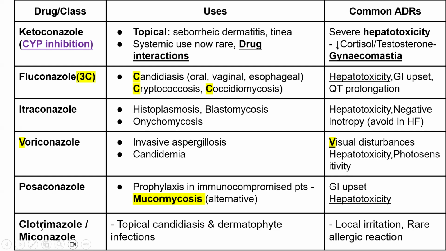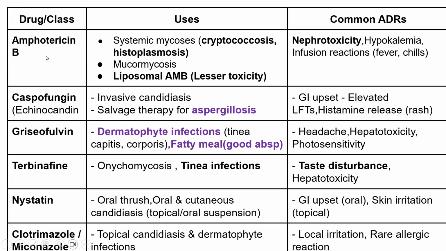And coming to other imidazoles, clotrimazole, miconazole, topically we commonly use these drugs. So that's all about azoles. And coming to other drugs, amphotericin B, we know that drug is mainly used for systemic mycoses, cryptococcosis, histoplasmosis, mucormycosis,